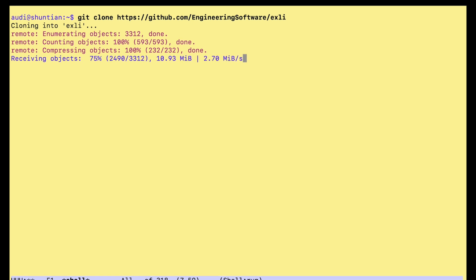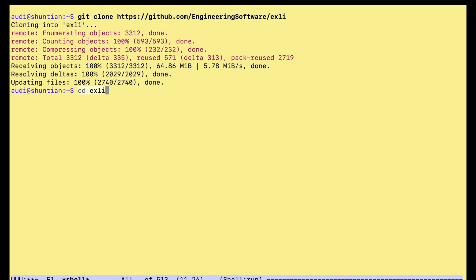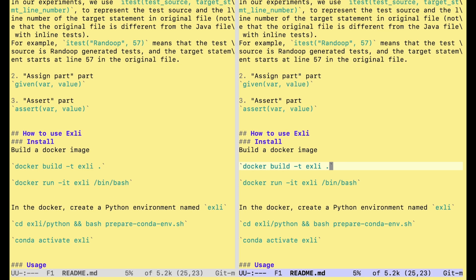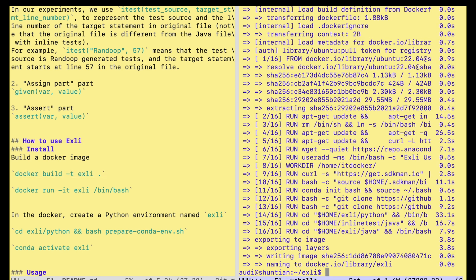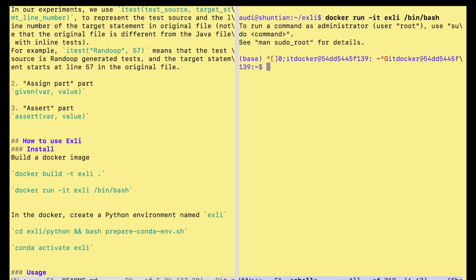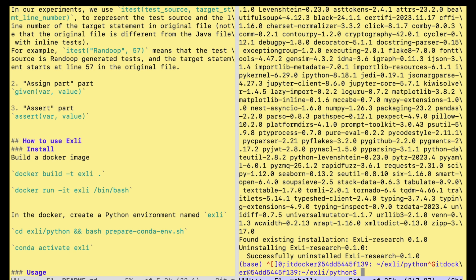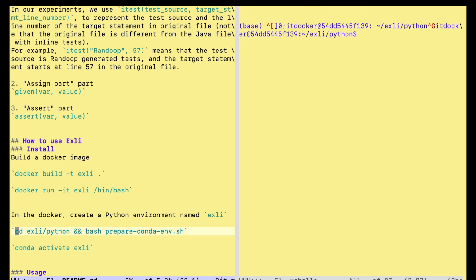First, we start by cloning the repository, followed by which the instructions to execute and run these inline tests are basically provided in the README. So we start off by first building a Docker image. Once it's built, we run the Docker image, followed by which we create a Python environment named Exli. We then activate the Python environment Exli through conda activate,